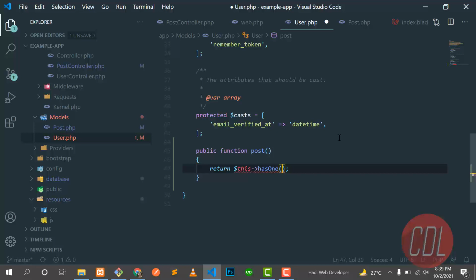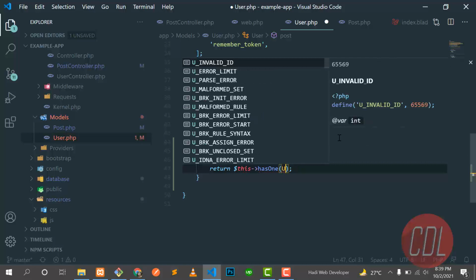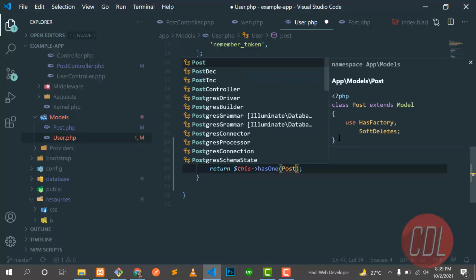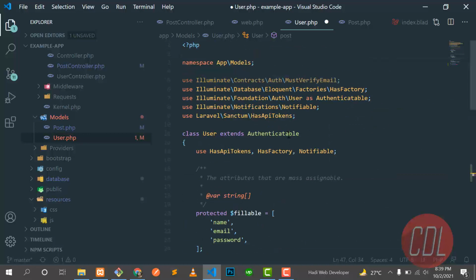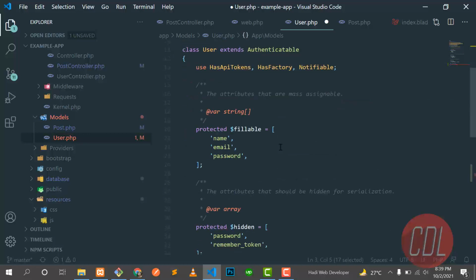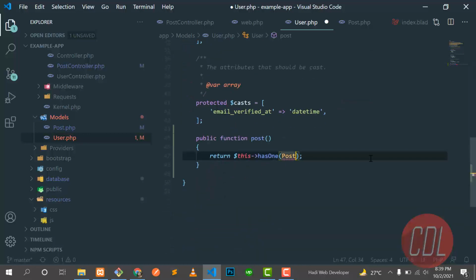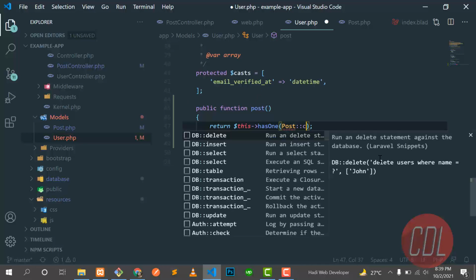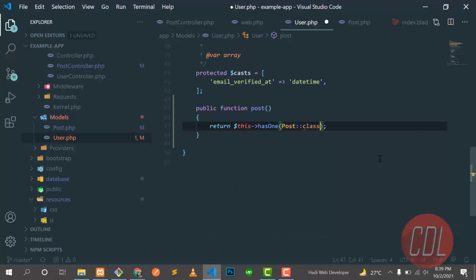The first one is the model name. You can define the model name by adding the namespace here, like Models, and then the model name Post, but I want to add the namespace at the top and then add the model. In our case the model is Post. Hit enter, and yes, the namespace is added at the top. So you don't need to type App\Models and then add a class here like we do in the controller. So now our model is there.